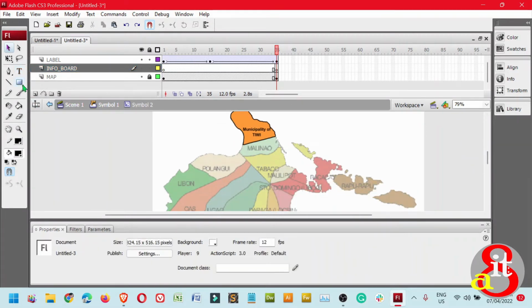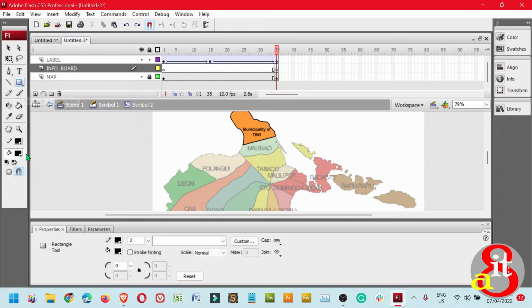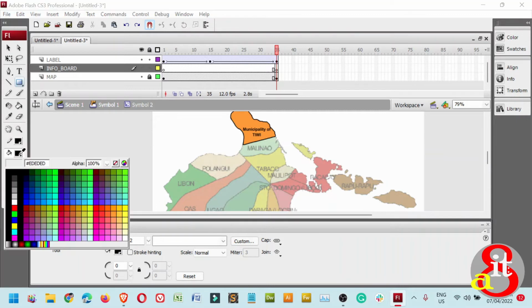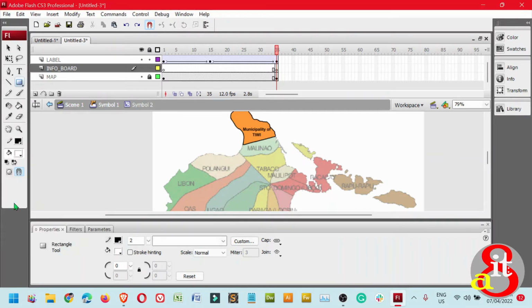Next, use the rectangle tool and then set the colors for the rectangle tool that we want to apply for the object. Assuming from the fill color effects, select white and the outline for the stroke will be black. So the rectangle tool is in place. Position the mouse pointer where you want to display the specific bulletin board or the information board. Click, drag